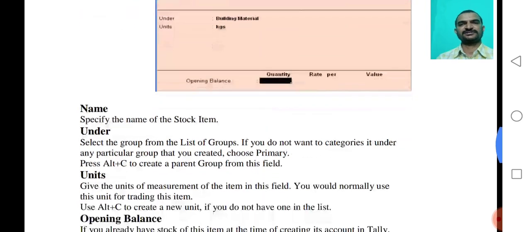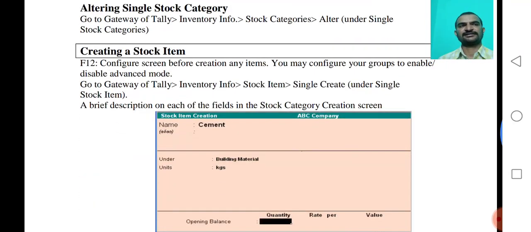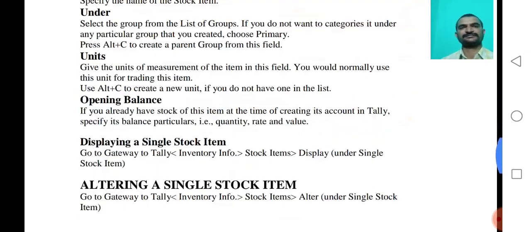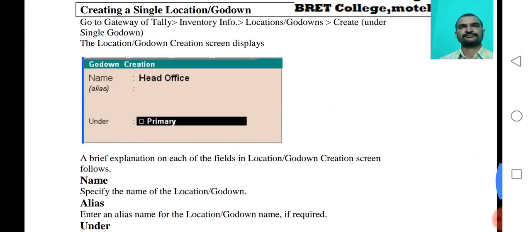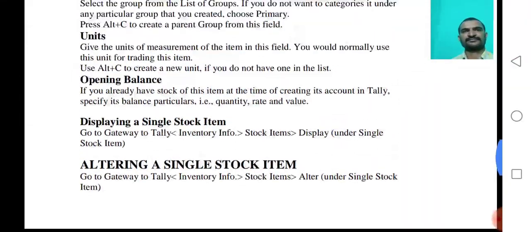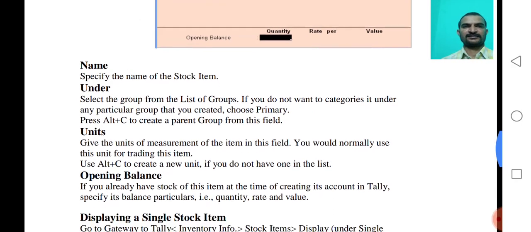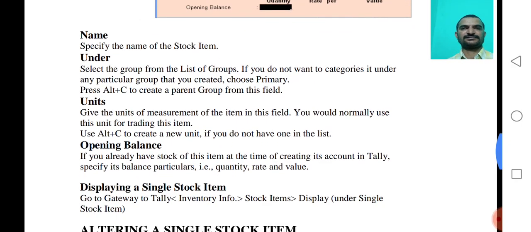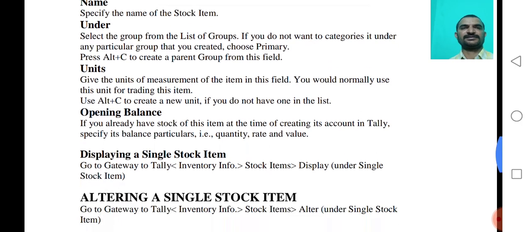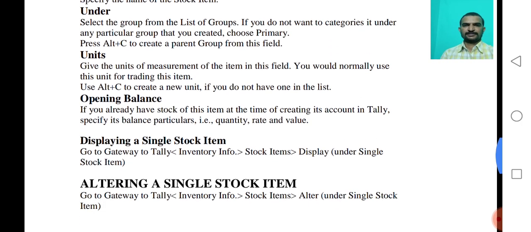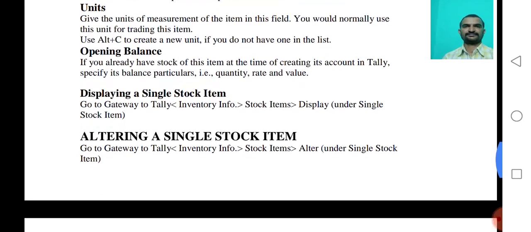A brief description: specify the fields. So to display and to alter.